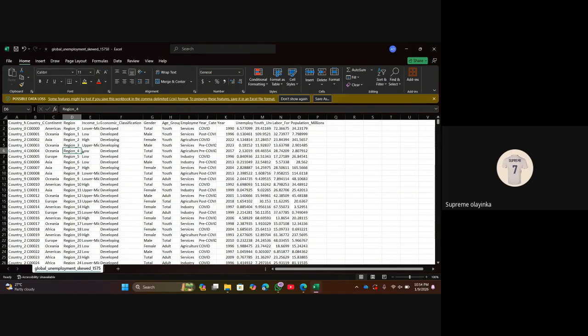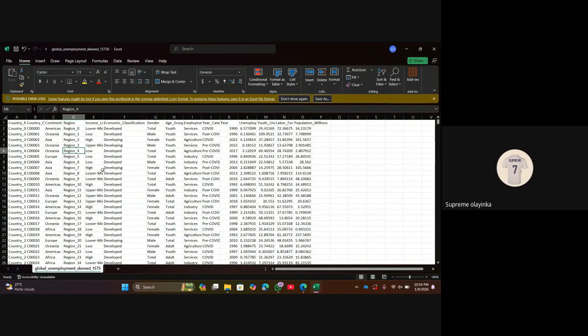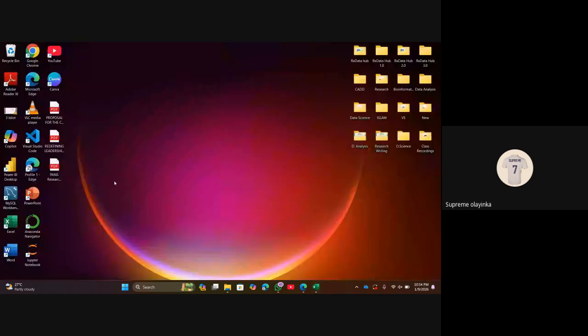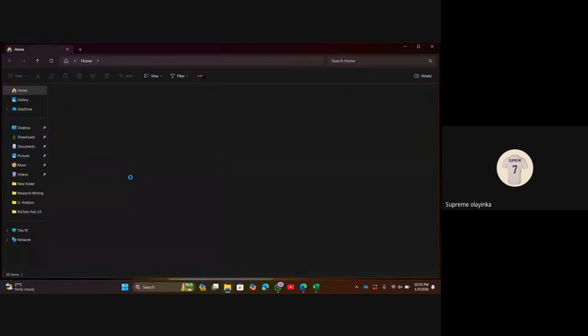Let me try to see if I can see something like this. Sorry, let me check my computer here and see the data sets that I can